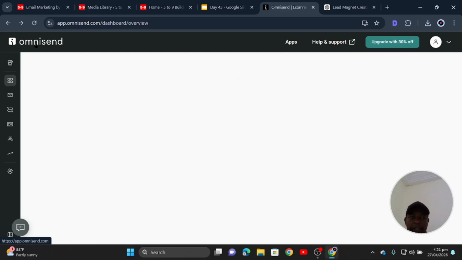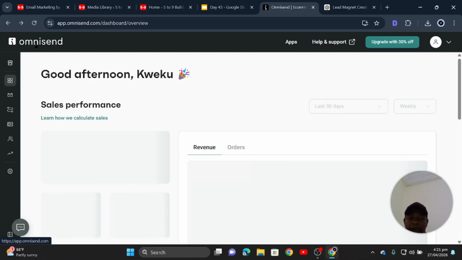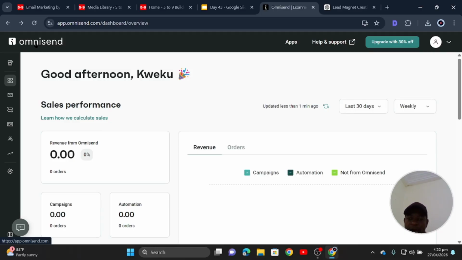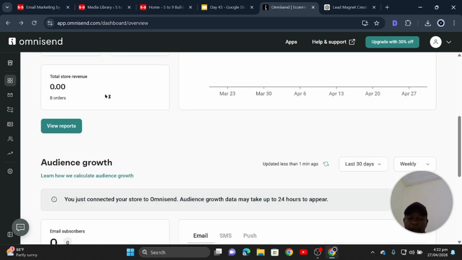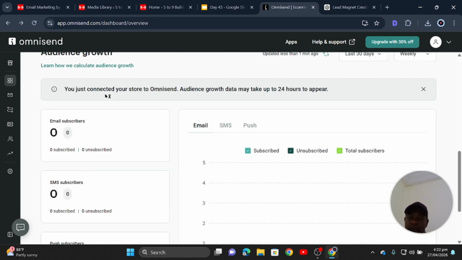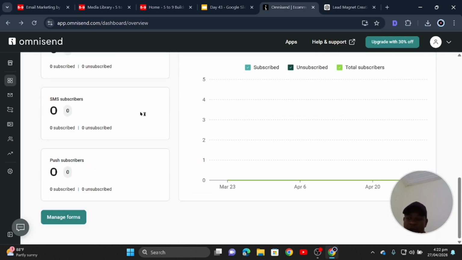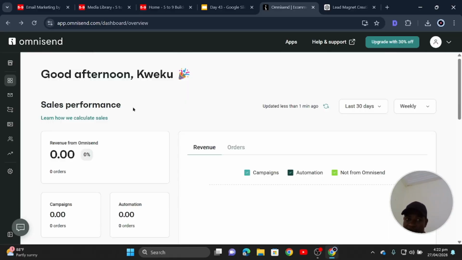So you click on this Omnisend, it takes you to your dashboard. Now, in order for us to create our new form that is going to allow people to input their email, so that we'll be able to also give them whatever we have in exchange, you come to